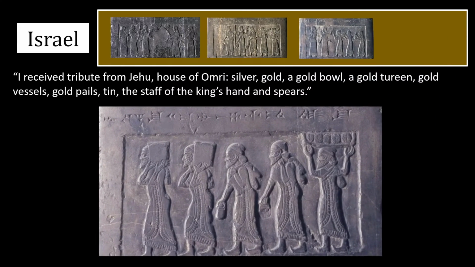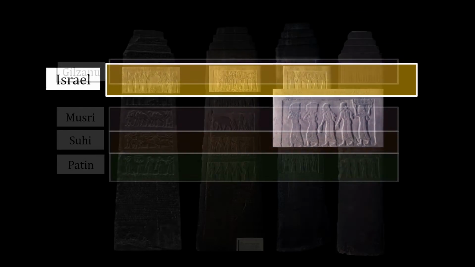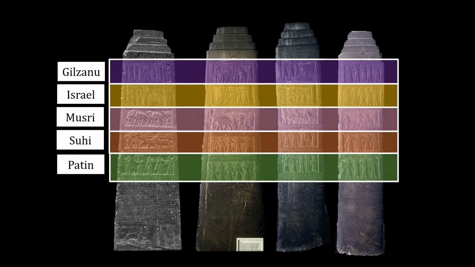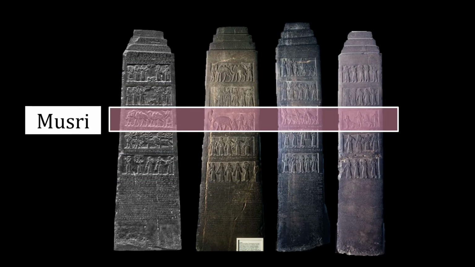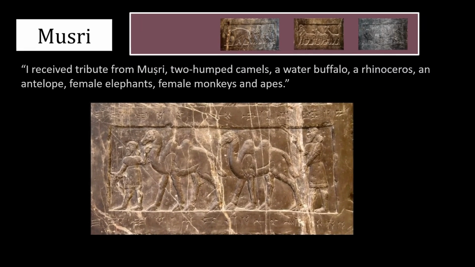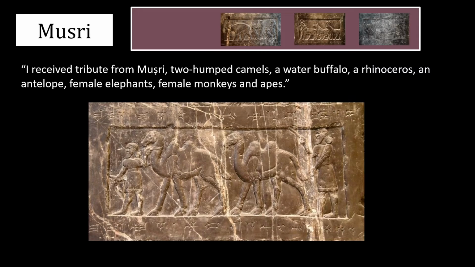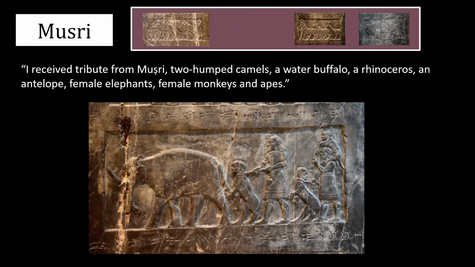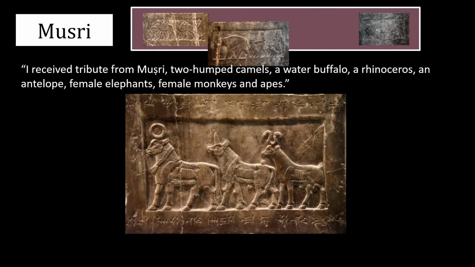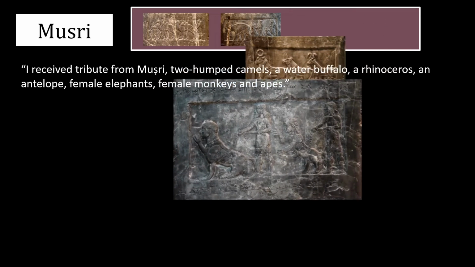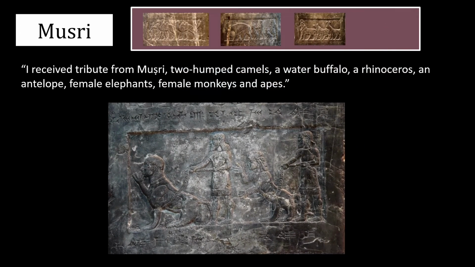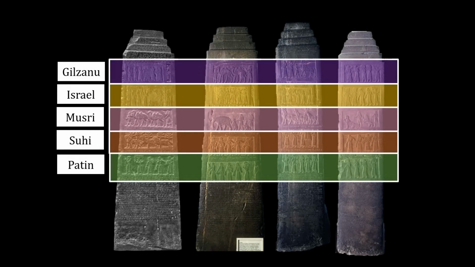Thus, the cost of Israel's tribute seems to be a lot more than the other nations on the obelisk. For one more comparison, let's review the tribute of the nation of Muzri, who give Assyria the following, quote, "I received tribute from Muzri, 2-humped camels, a water buffalo, a rhinoceros, an antelope, female elephants, female monkeys, and apes," end quote. So as you can see here, the tribute of Muzri is made primarily of animals. So comparing Israel's tribute to that of the other nations, it appears Israel is paying a lot more since they're